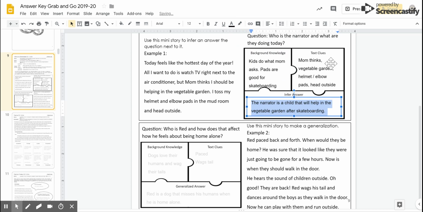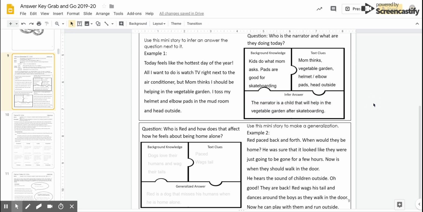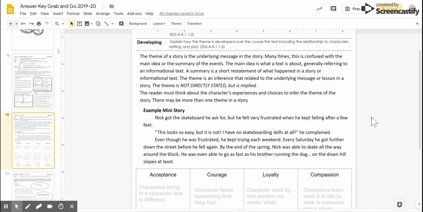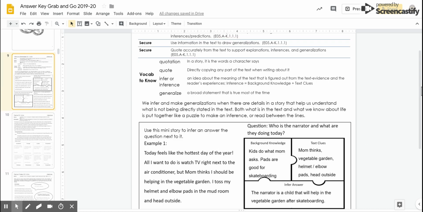So I can then put that together. I can put together the text clues and my background knowledge and come up with an entire answer that also uses part of the question to answer it. The narrator is a child that will help in the vegetable garden after skateboarding. So I used what was there, what was reasonable from what I know about life, and put it together in a good sentence. So down at the bottom, we're going to look at generalization